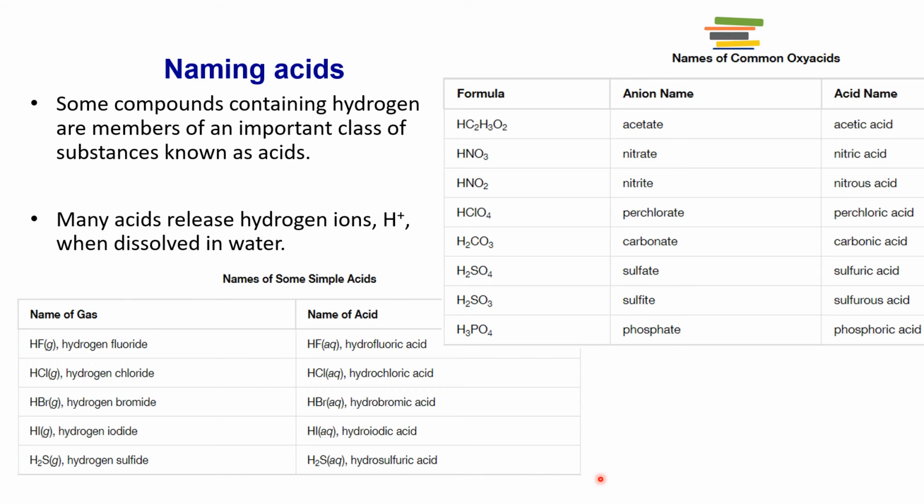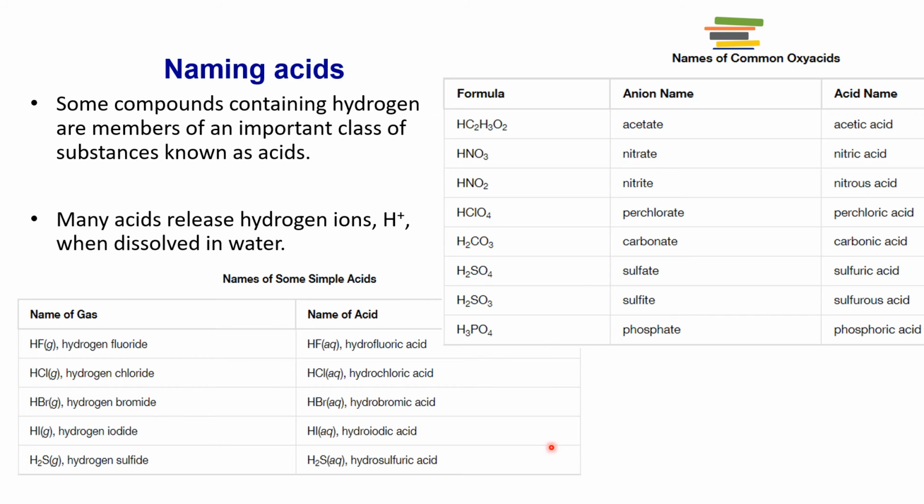The other big naming thing that's going to come up is acids. We're going to spend a little bit of time later in the course on acids, and then in Chem 2, in 1212, we spend a lot of time. It's like a quarter of the course that we spend on acids. But in this course, we'll spend a little bit of time on the acids, and there's a plethora of different